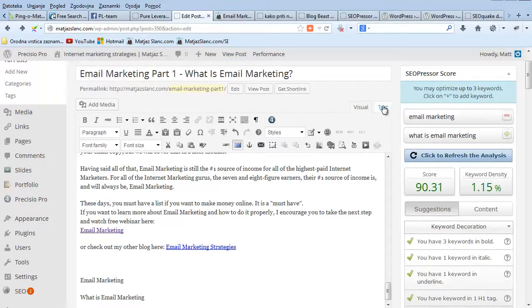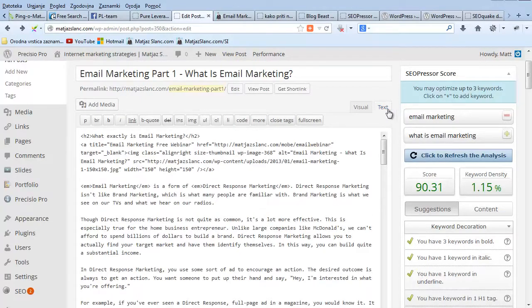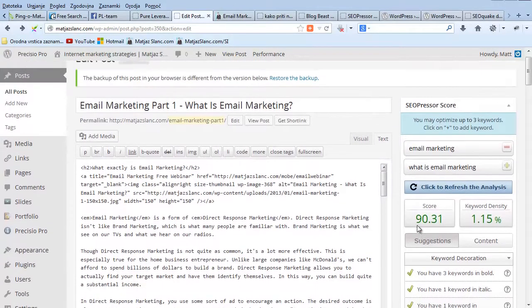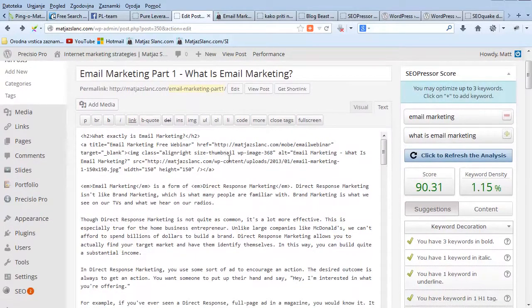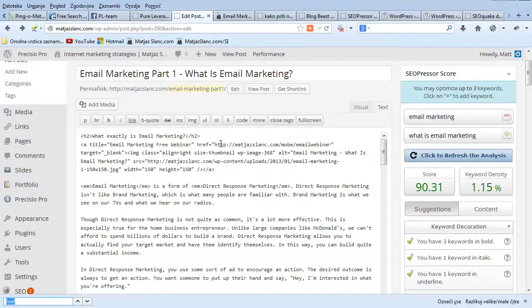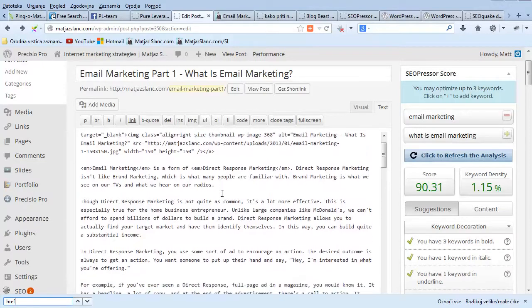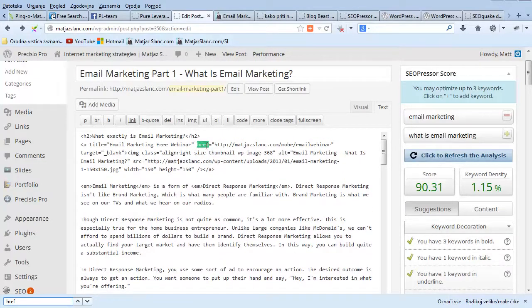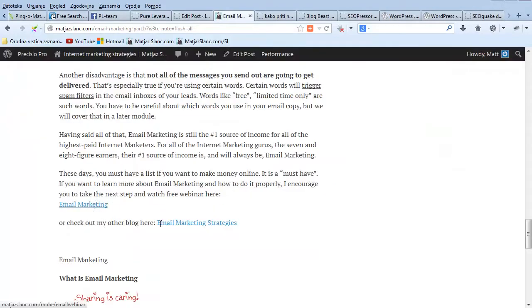Tukaj kliknemo na tekst, oziroma v enih primerih bo HTML, in kliknemo tu notri in pritisnemo CTRL plus F. In tukaj vpišemo href. Vidite, href. In tukaj nam bo pokazalo povsod, kjer smo naredili neke povezave. Se pravi, da smo nekaj linkali. Recimo tukaj,